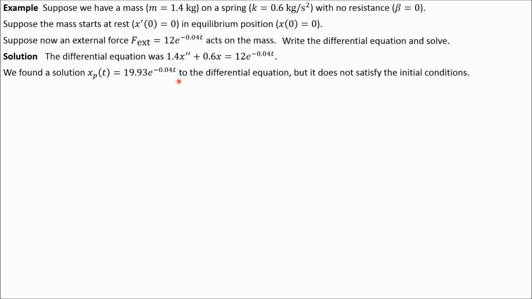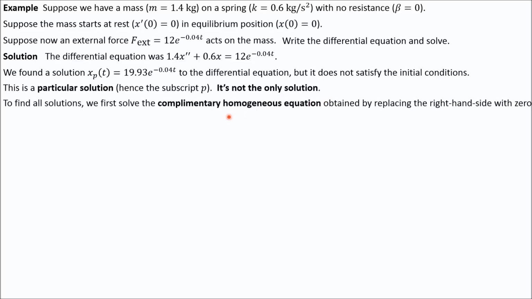So we denote this solution by x sub p for particular. And then how do we find other solutions? Well, to find other solutions, you have to solve the complementary homogeneous equation, obtained by replacing the right-hand side with 0. So we do just that. Take the same equation, replacing the right-hand side with 0, and now we have,